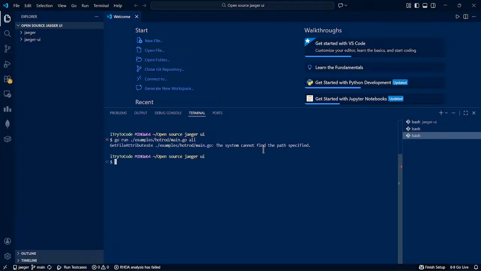Cannot find the path specified. Okay, cd, and